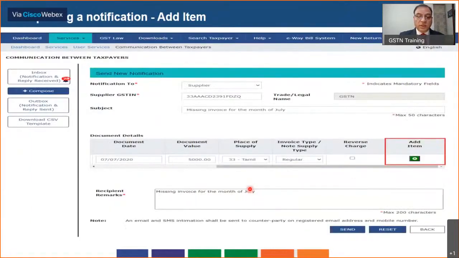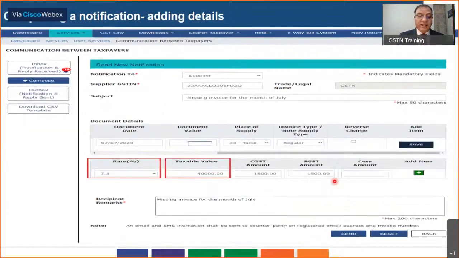So you can start with the notification. You write the document date, document value, the place of supply, the invoice type, what is the type of supply, whether it is subject to reverse charge, and then you will have to click on add item.